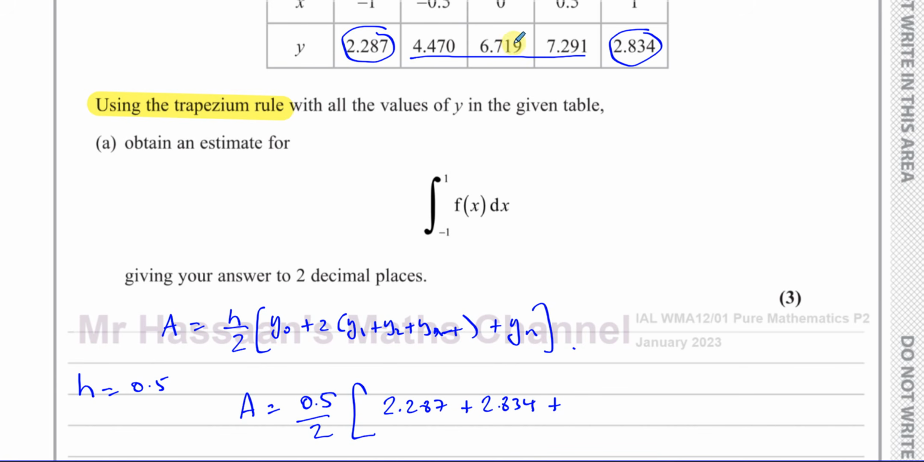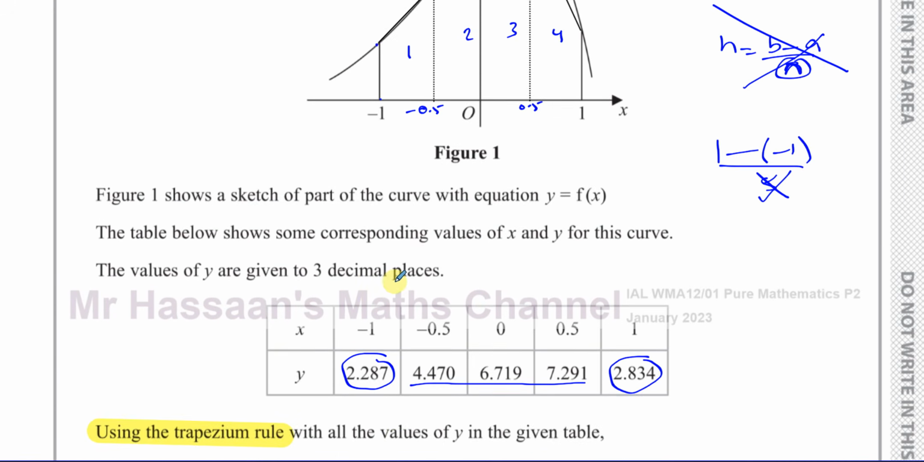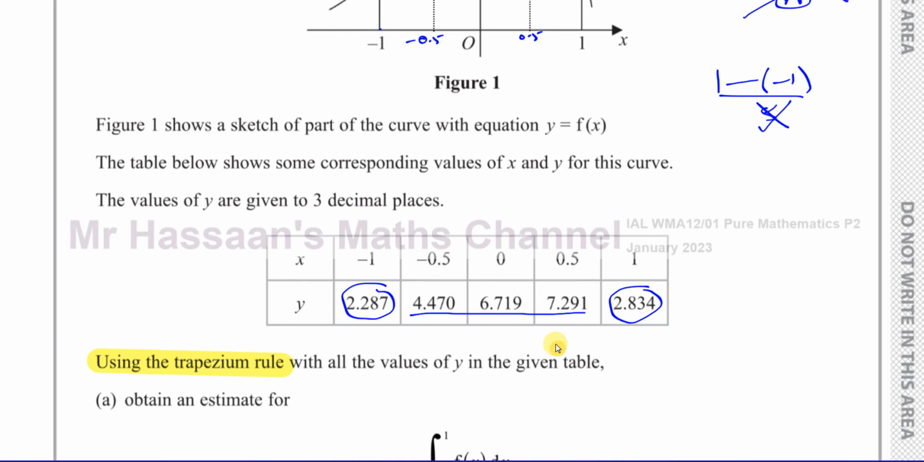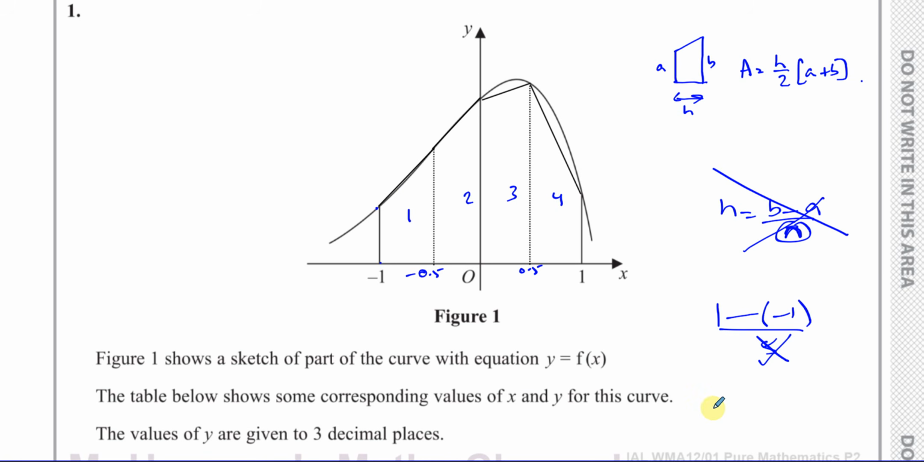Each of these is used twice. You have 2 times each of these: 4.470 plus 6.719 plus 7.291. Close that bracket there, and the big bracket. That will give you an estimate of the area under this curve, the sum of all these trapeziums. And the reason why we're adding them together is because the area is h over 2 times,